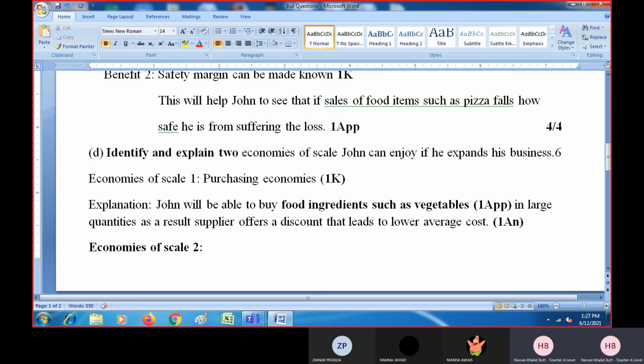Up till now, we have not talked about evaluation because there is no such question which has demanded for the assessment objective, that is evaluation. But we are done with knowledge, application, analysis. Now, let's finish this question first. Economies of scale 2, and let me write this as